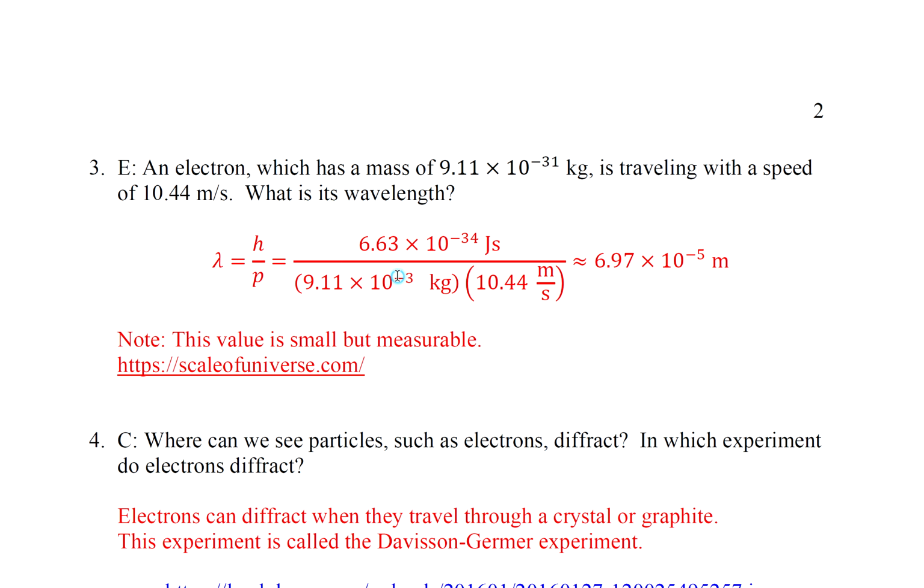So you can see this is 10 to the minus 31, but it just didn't show up. So even though this value is small, it is measurable. Okay, so